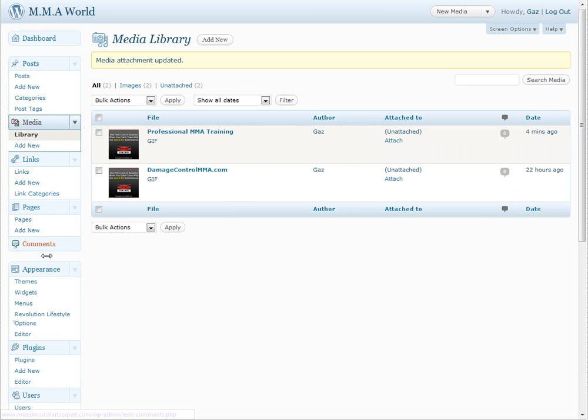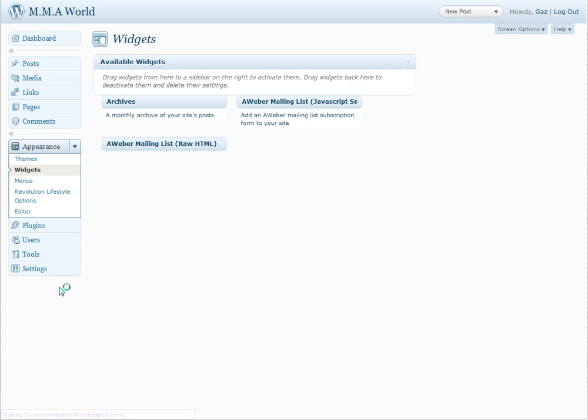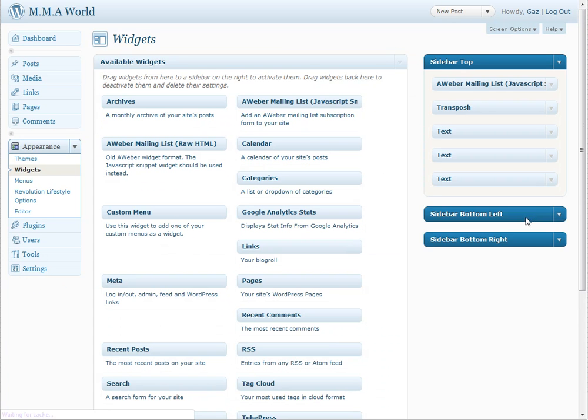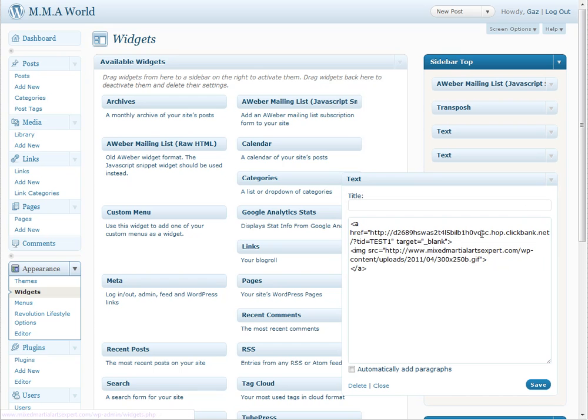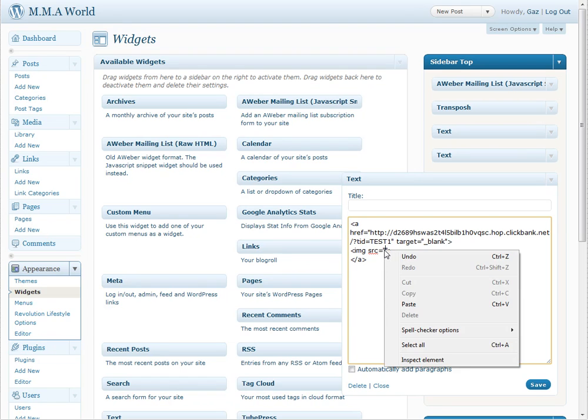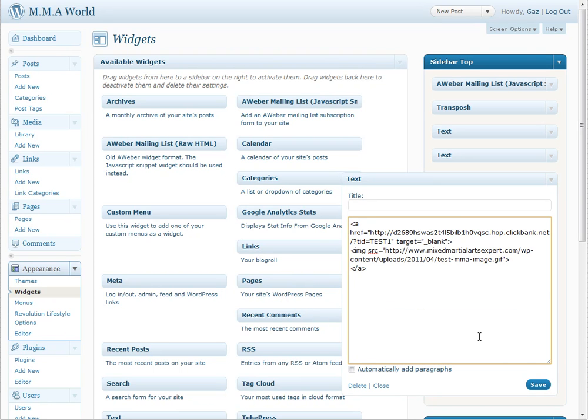So I'm going to go to widgets. Open that up, and then if you see here the image source, it's a URL again, so it's just between those two colons, so we can get rid of one that's in there. It's the same one as we're putting back in, but this is just for argument's sake. Paste, then you would save,